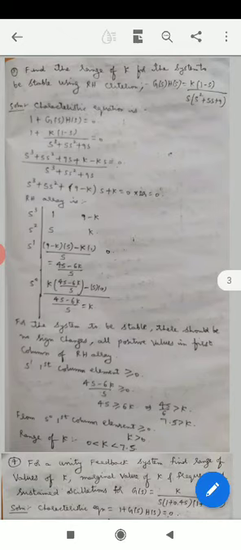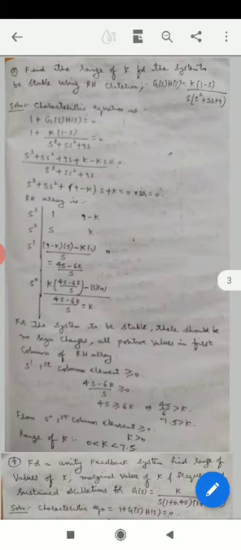Here in this problem, G(S)H(S) is given as K into (1 minus S) divided by S into (S square plus 5S plus 9). Sorry, this is the transfer function. The characteristic equation is obtained by 1 plus G(S)H(S) equal to 0. What is K here? K stands for the gain of the system, and we want to find for what value of gain the system is stable.